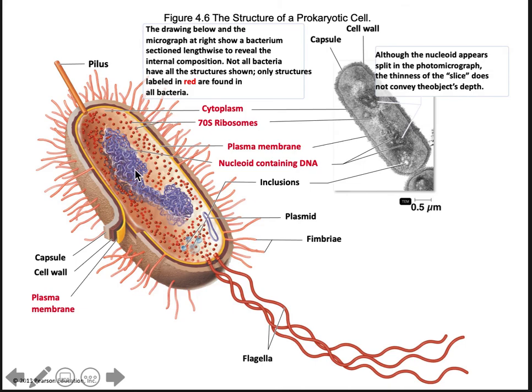Now they're not showing it bound to the membrane, and that's fine. But you do see that the DNA chromosome is densely wrapped up a bit. If you were to unravel that, it'd be one big circle. Okay. They're showing all the things we talked about, or the majority of the things that we talked about,